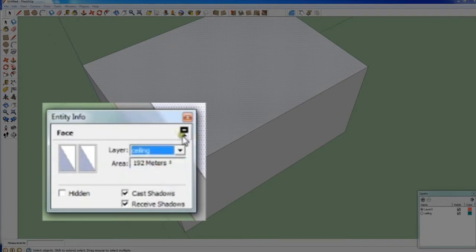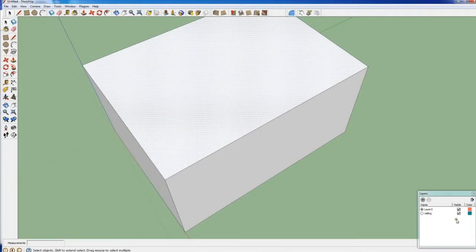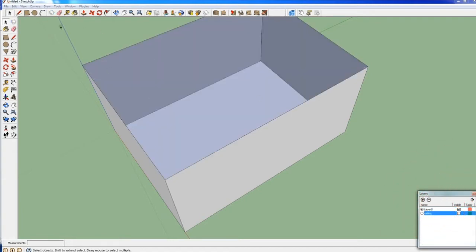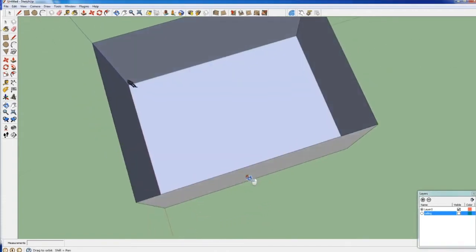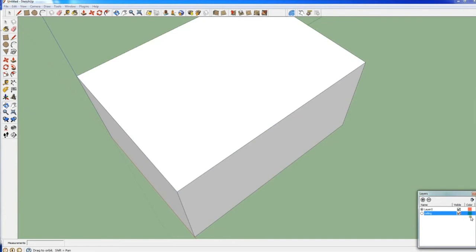So I just select ceiling, and now when I have the layer 0 activated, I can make the ceiling layer invisible, so I can see the interior right now, and then I can select again. I cannot make invisible a layer that is active, so here you can see that now the ceiling layer is active, but I cannot make it invisible. I have an error message by Google SketchUp.